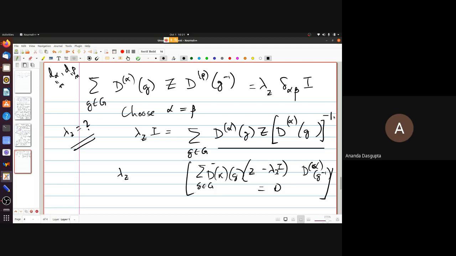So these are the two obvious things you would always look for whenever you have a similarity transformation. So, as you rightly said, you should take the trace. Why not the determinant? Because trace is linear, determinant is not linear. Exactly. There's a sum, right? So you don't have any clue about how to find the determinant of a sum of matrices. But the trace of a sum is trivial. The trace of a sum is simply